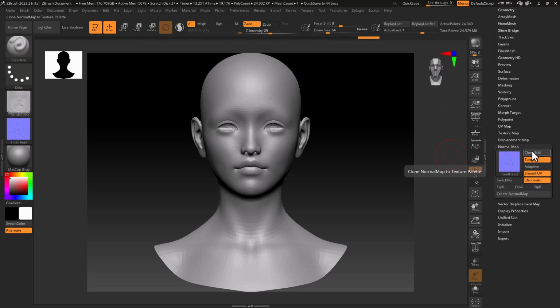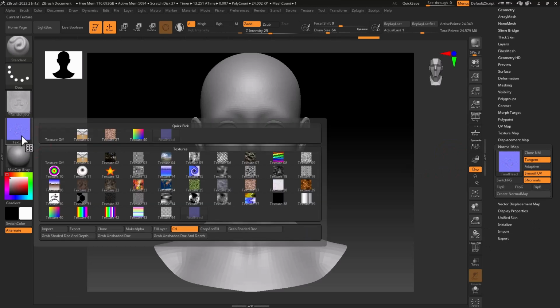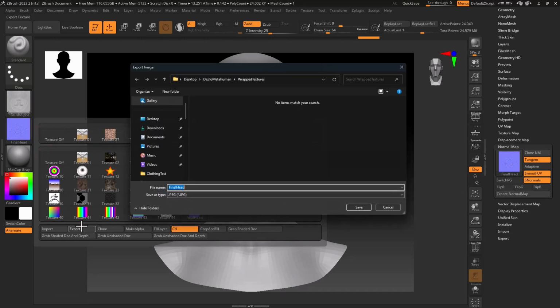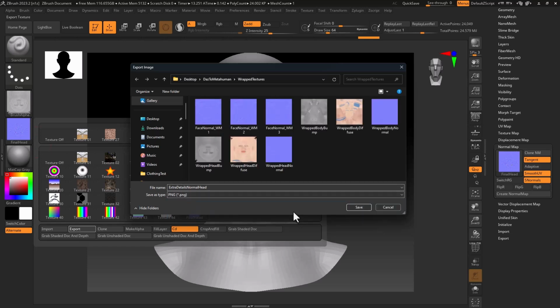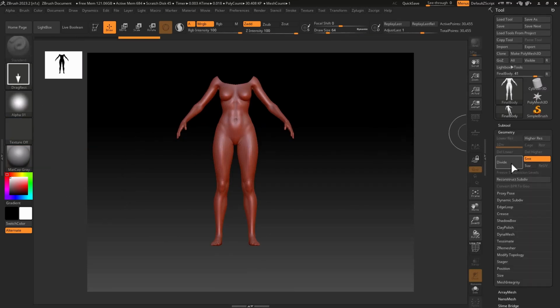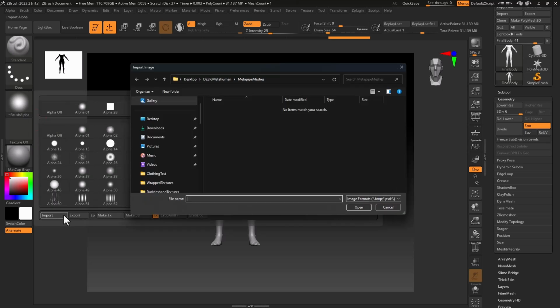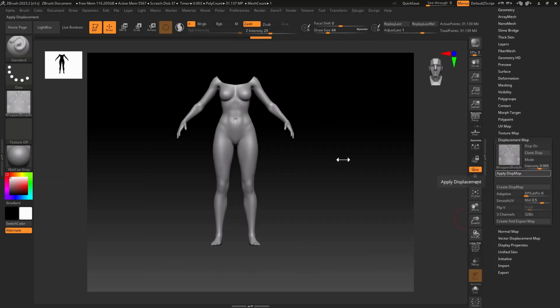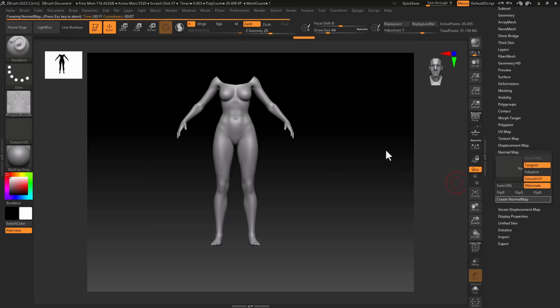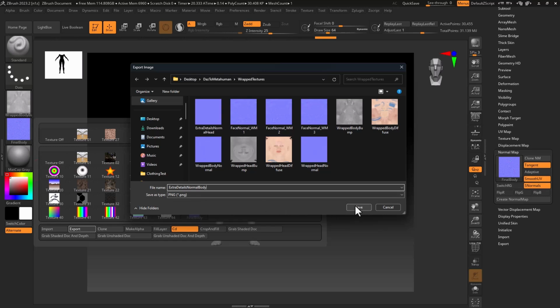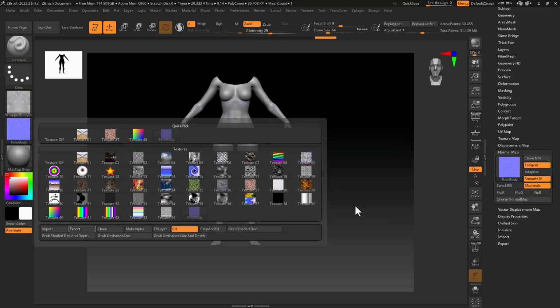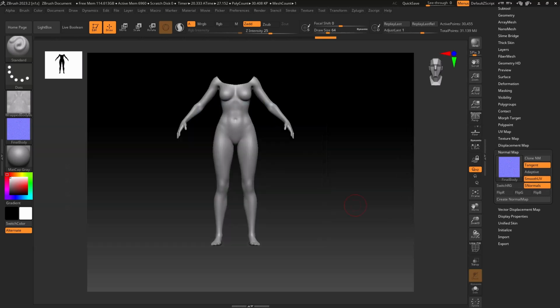Once created, press the Clone Normal button and export the normal map to your Wrap Textures directory as Extra Detail Normal Head. Go ahead and repeat this process for the body and name it Extra Detail Normal Body. You can go ahead and close out of Zbrush for now, and let's head into Photoshop and open our Wrapped